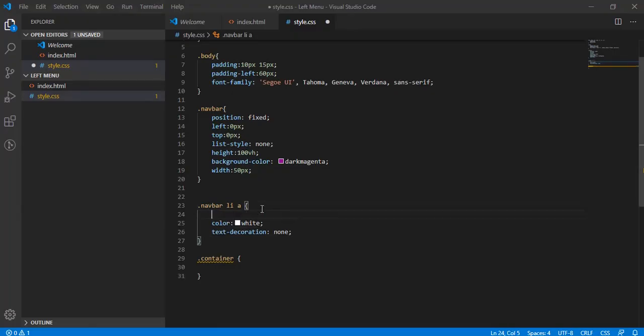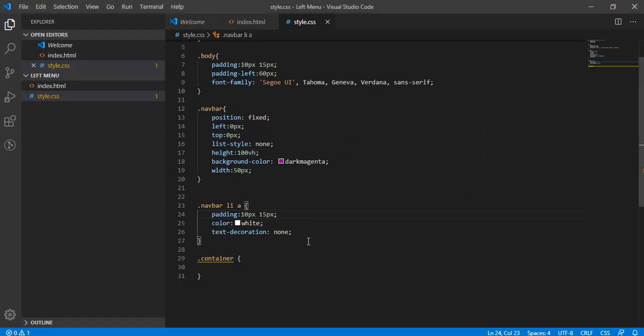So let's assign here itself padding as default, vertically 10 pixels and horizontally 15 pixels. But now the content is going out of this navbar. So what we need to do is set the